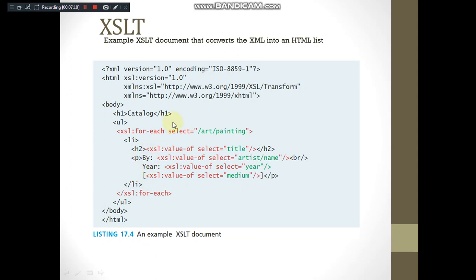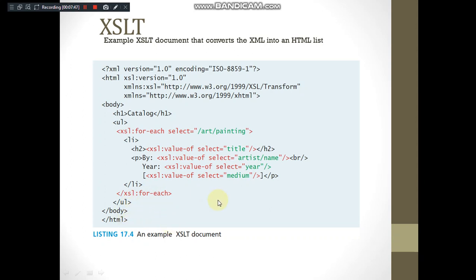This is repeated for each element of the painting. So in this example we have painting used 3 times, that is, there are 3 IDs of the painting, so it is repeated 3 times. As it is a repetition, we require a for loop. So for each element of this painting it has to be repeated, so it is repeated thrice in this particular example. So 3 list elements are chosen. Close the unordered list, body and HTML.